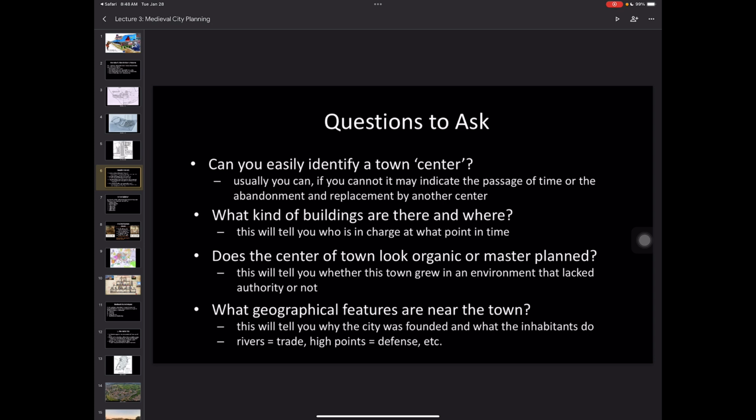On the other hand, if our city is based on a very high point, in a very secluded area that's hard to get to, it's probably built in order to generate defense, not so much agriculture. So that tells us that whoever built that city was scared of being invaded, they grew up in a time period where there was a lot of warfare, and so forth, right? So these are the 4 things that you should always ask when you look at a city plan, and this doesn't just apply to this class, it also applies to when you get your studio projects and you get the context of a site. You need to know these answers in order to create a building that suits that environment.